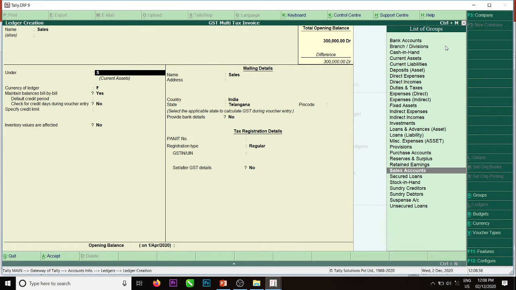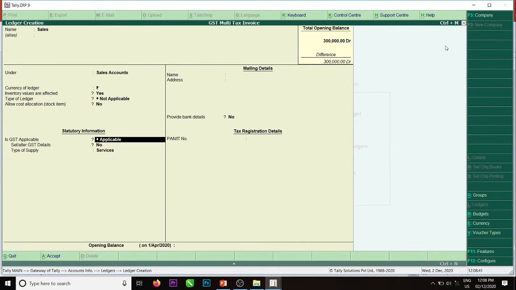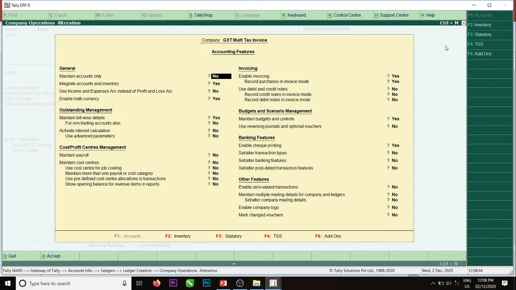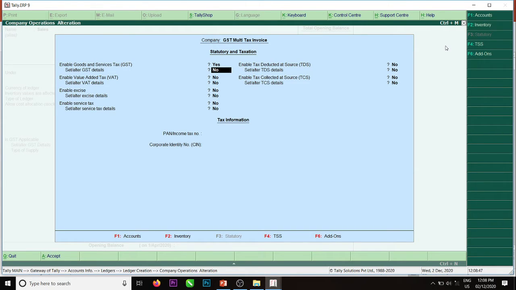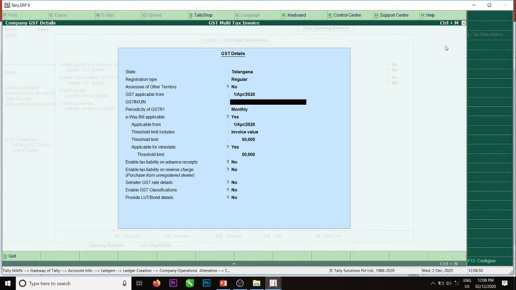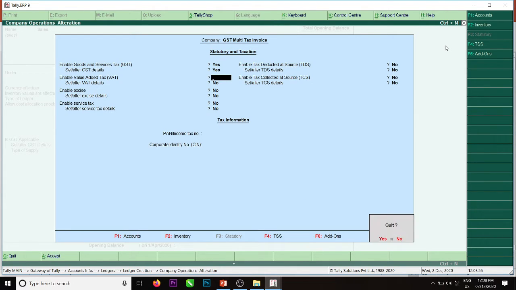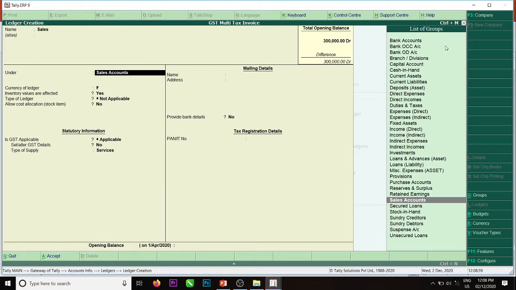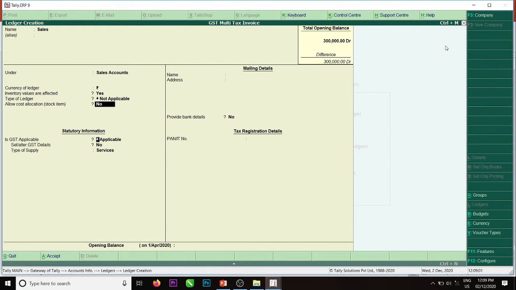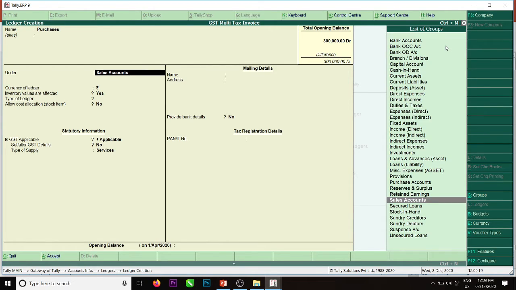Under sales accounts, we'll check with features F3. Type of supply, goods, bank details. Next, purchases. Purchases accounts.